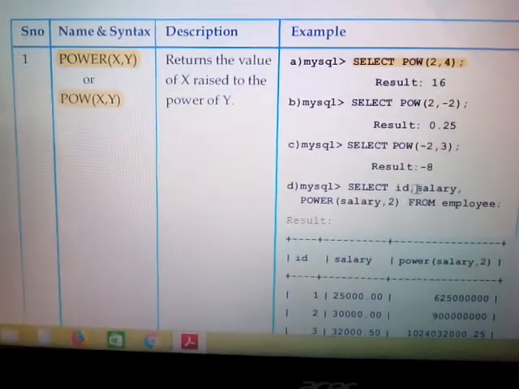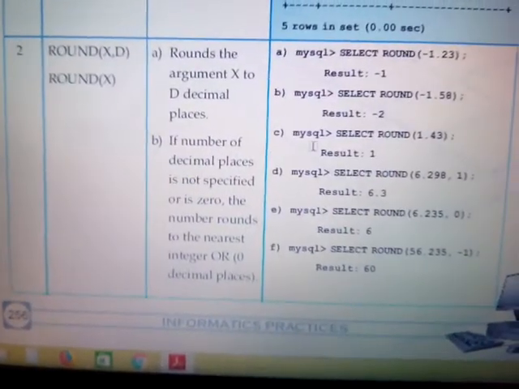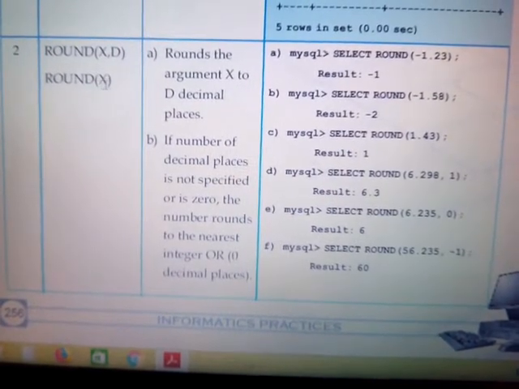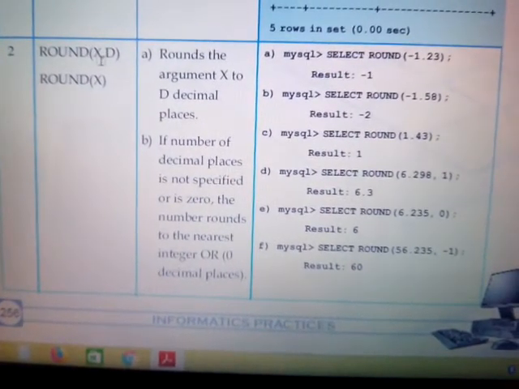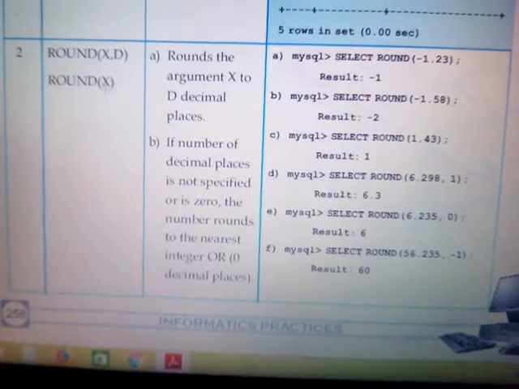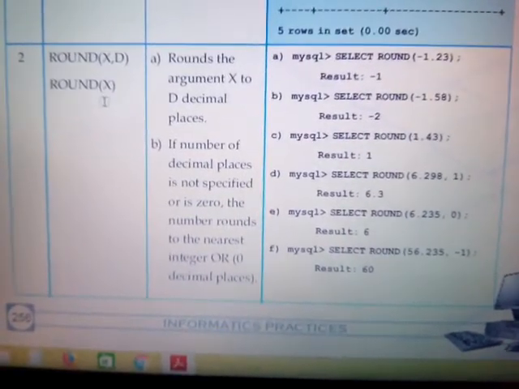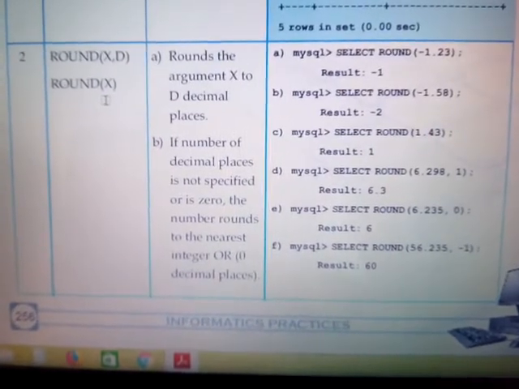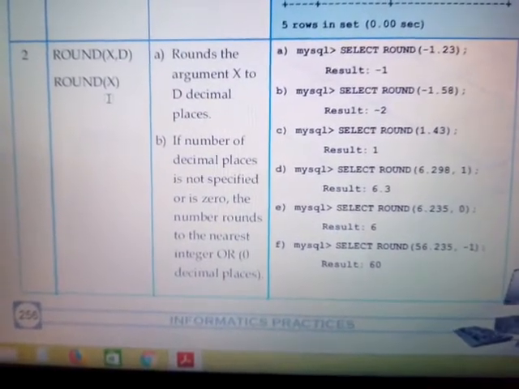Okay, second is round. The round function, that is round of x comma d, or we write down round of x. That means round can accept two arguments, or even it can accept a single argument. Round, again I think from the name onwards it is clear that if you want to simply round off your number, we'll make use of this round function. Just see its description.